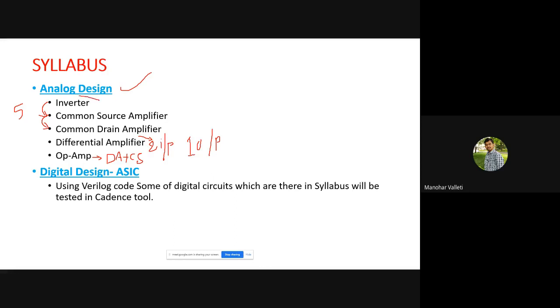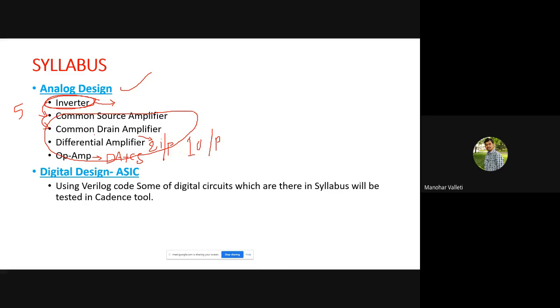The only thing is, if you properly know the tool flow for the inverter, each and every check in the Cadence tool, then it is very easy for you to check the rest of the analog circuits. You have to properly know what you are actually doing in this analog design part. I'll try to give as good an idea as possible by the end of today's lecture. So please, all of you, pay attention for the coming 15 to 20 minutes of discussion, and it is really interesting.